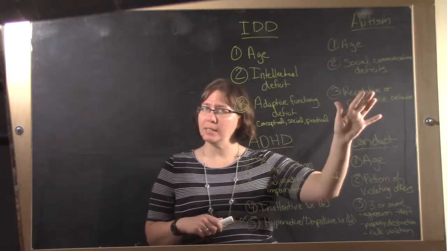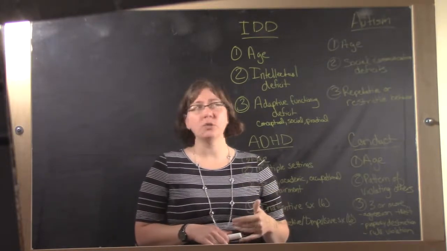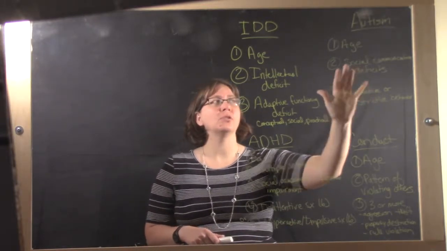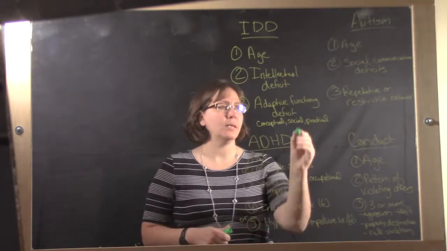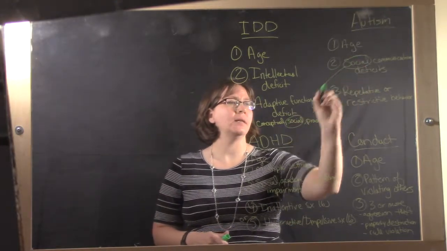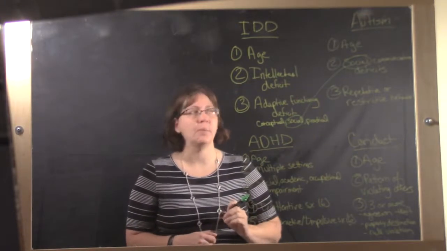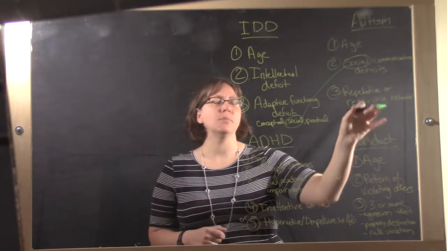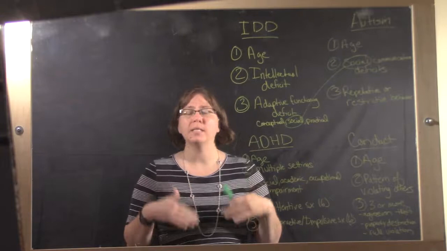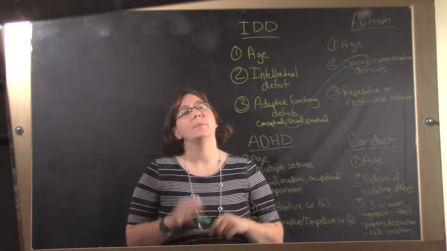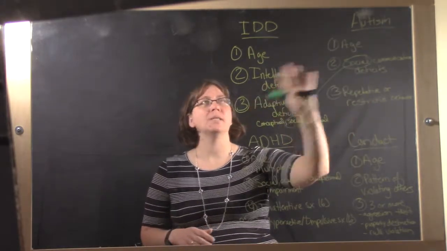This is different from autism. With autism, we typically see these symptoms before the age of 3, so that's our age criteria. But what we usually look for are social communication deficits, and you can see that there are actually similarities here between IDD and autism, but social communication deficits are a much more prominent part of autism spectrum disorder. We also see that there is some sort of repetitive or restrictive behaviors. So they have to do things in the same order every time, or they become really hyper-focused on a particular topic. So that's kind of how we separate autism and IDD.